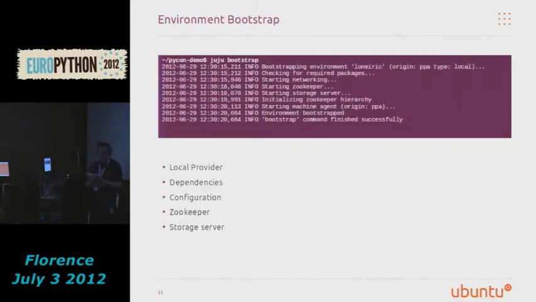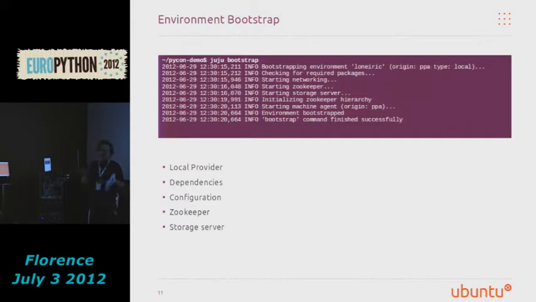Okay, so getting started with Juju. The first thing you need to do in any Juju deployment is to bootstrap it. This is a requirement for any of the providers, and basically it deploys the first node into your environment that's then going to be used to subsequently deploy and manage all other services, service units that are going to be supporting your deployed services.